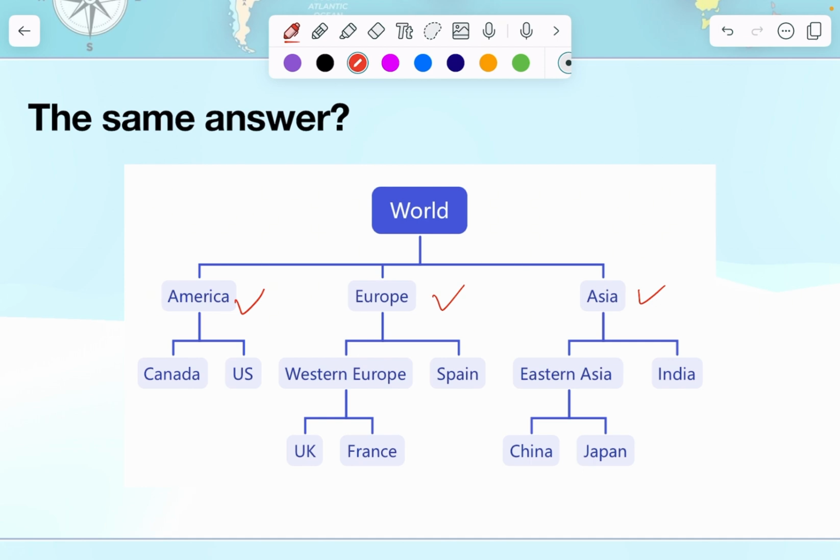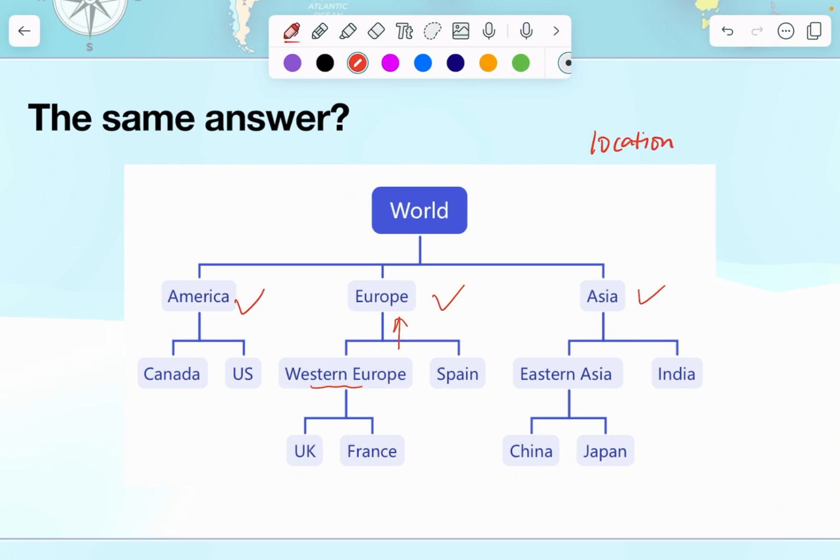However, UK and France are much closer to each other and they belong to Western Europe. So I also set a subgroup here. And Spain, it belongs to the Southern Europe, so it's in another subgroup. But they all belong to the Europe, this big group. This situation also happens in Asia. So now you can see that my